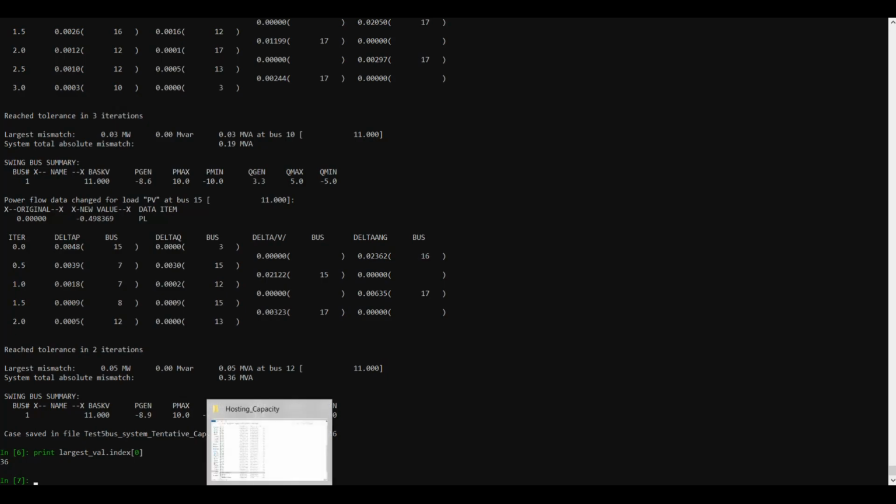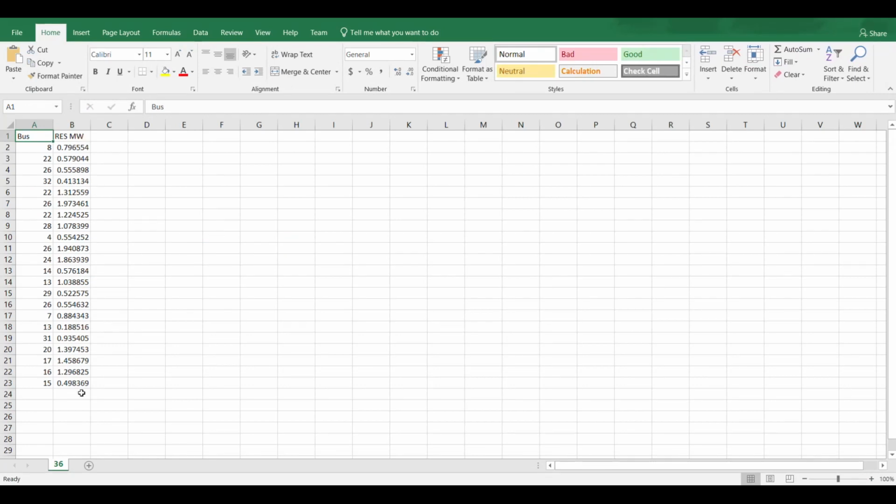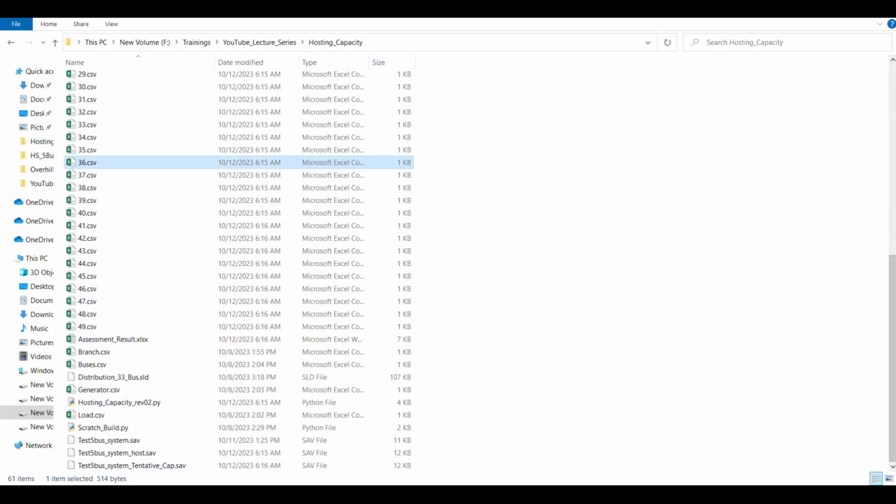So what I simply need to do is go here and open this 36 CSV file. Once I open this, if I auto sum this one, you see 21.61 is more or less the hosting capacity. And in the same way, if you go here, you're going to see this new file created. Just open this file, and in this file you are going to see that all the renewable generation is already added in your case, because we were only considering one parameter, which was line loading. We were not considering the voltage violation. So maybe you are going to see some voltage violation